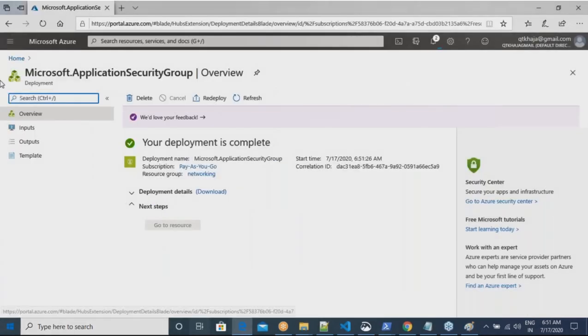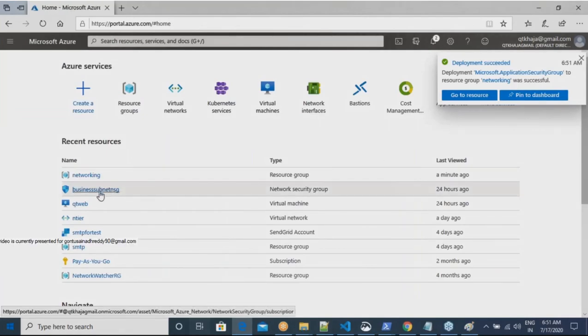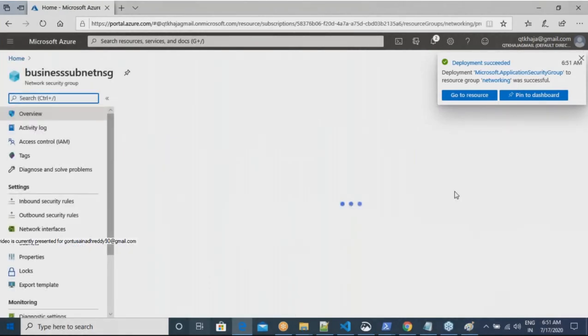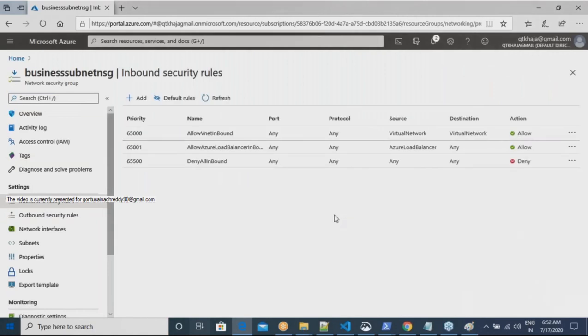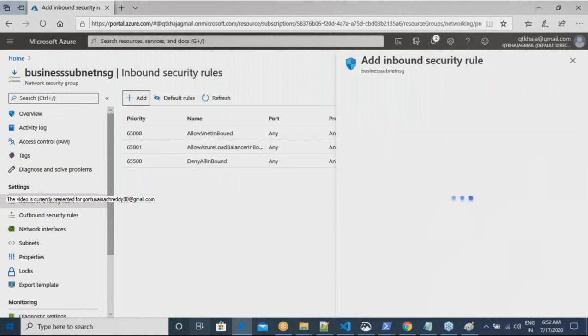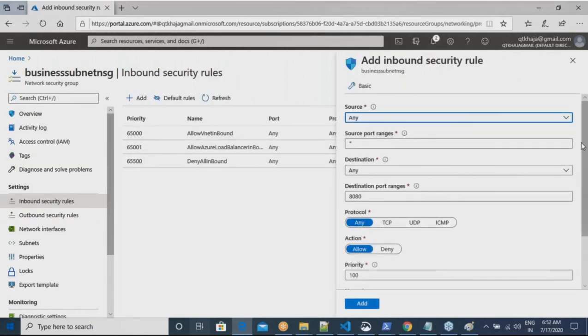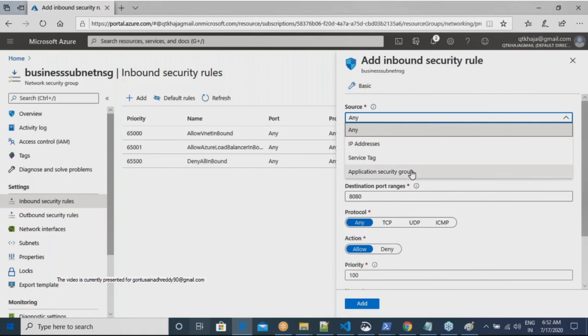Now let me go to the network security groups. Are you seeing this business subnet NSG, which we created yesterday? In the inbound security rules, I can add an inbound security rule. Then are you seeing application security group?